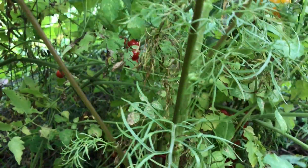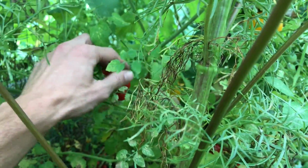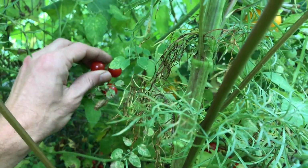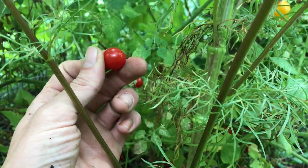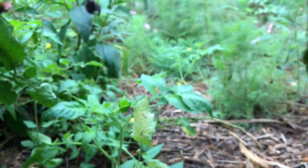You got these tomatoes, they're just so good. I'm not sure what variety because they came up on their own, but man, they're good. When they get this dark red, so sweet. And then the lemon boys, I've showed you those guys a bunch of times. Come out through the other side and